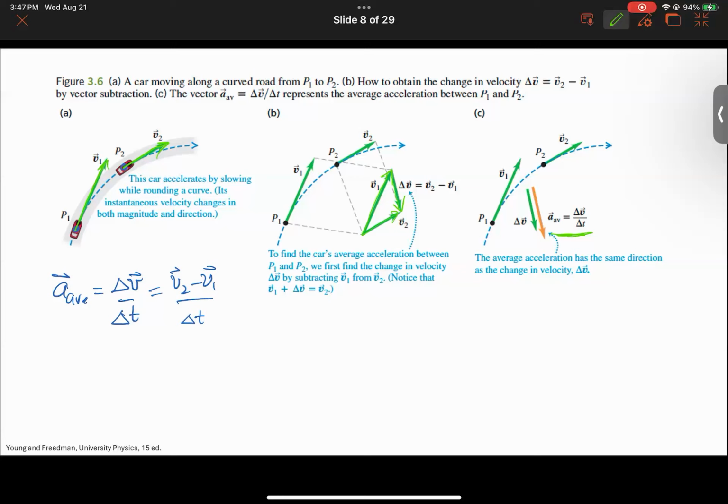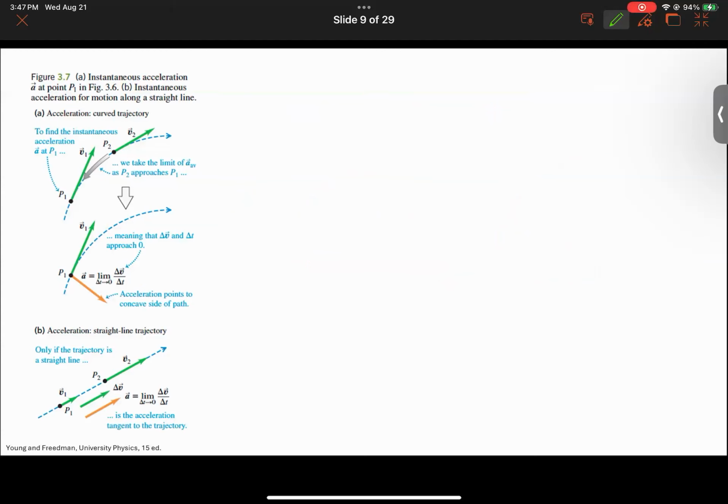So if delta T is less than 1, then your average vector will be longer than delta V. And yun naman yung mangyayari dito kasi typically, to get the instantaneous value, we let delta T approach 0, right? Okay,